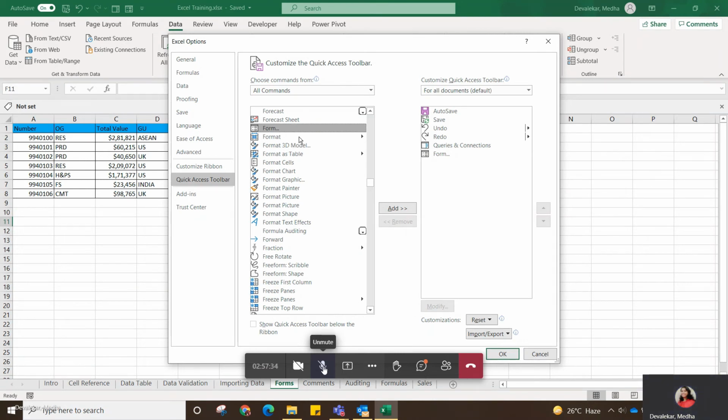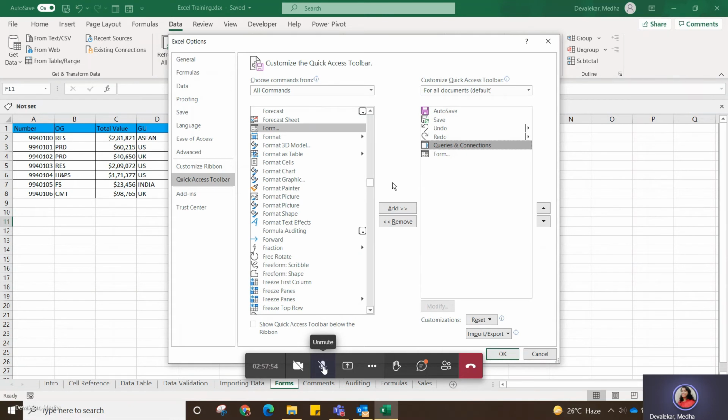Then select it and click on this add button. It should be here in this list. So if you select here and click on add, it will go here. And from here, if you select and click on remove, it will get removed from this list.